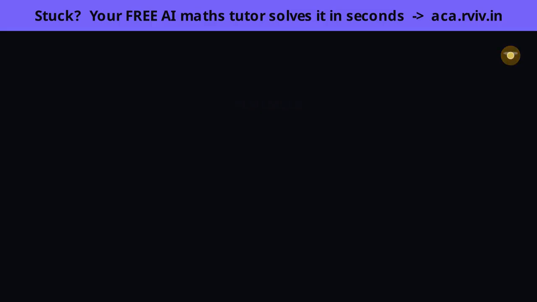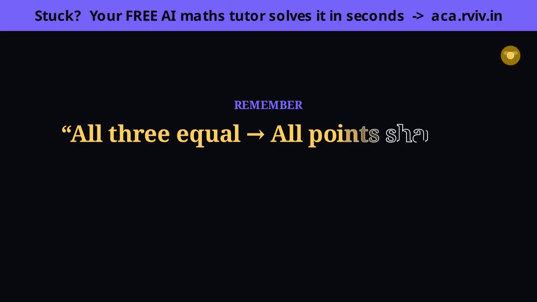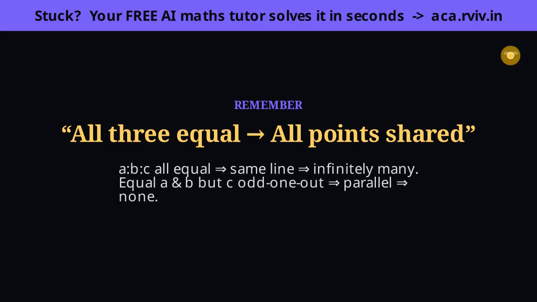And one for the tricky pair, again with the reason attached. All three ratios equal means one equation is the other fully scaled, the same line, so all points are shared, infinitely many solutions. But if C is the odd one out while A and B agree, the slopes still match yet the heights don't, so the lines run parallel and share nothing, no solution. Same slopes, two fates, decided entirely by C. Keep that picture and the mnemonic never misleads you.